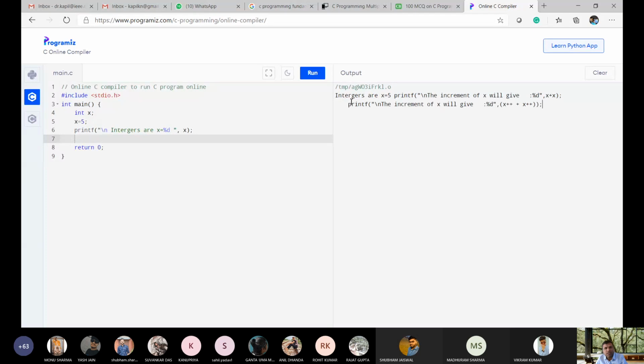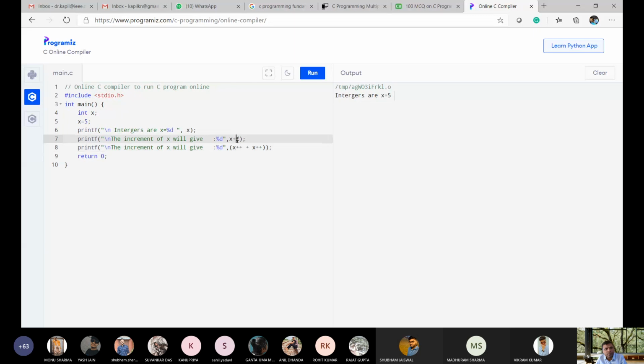Now in the next statement, if you put x++, it must give you 5. It will not give you 6, it will give you 5 only. You incremented the value by 1, but it will print 5. And when I type x here, it will give me the value of x as 6. So this is due to the increment. Fine. Agree or not?